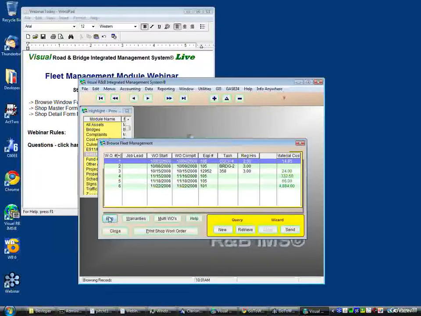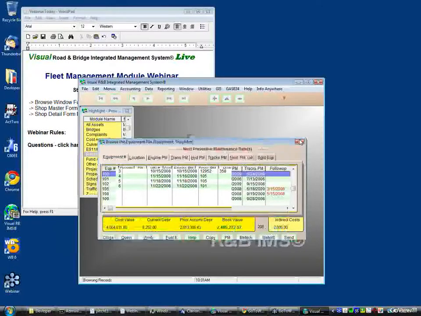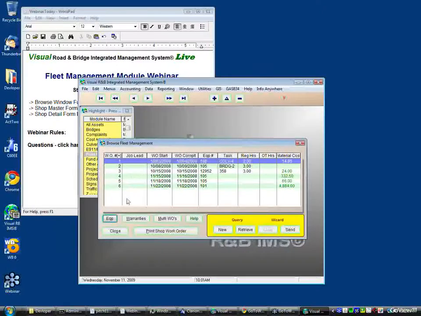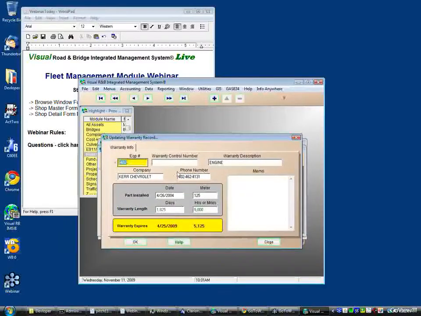You can drop down to the equipment module to see all your equipment listed by clicking here. We'll cover the equipment module separately, but it does have a very strong influence on everything you do within the shop work order module. The warranties table is a table where you can record any parts that are added to any of your equipment during maintenance, and that way you can keep track of the warranty, the length of time,